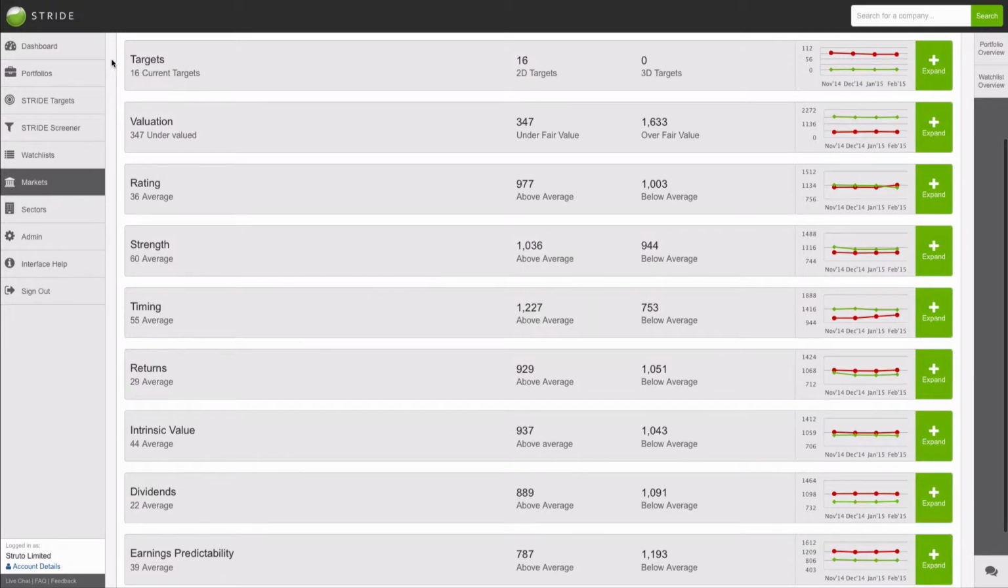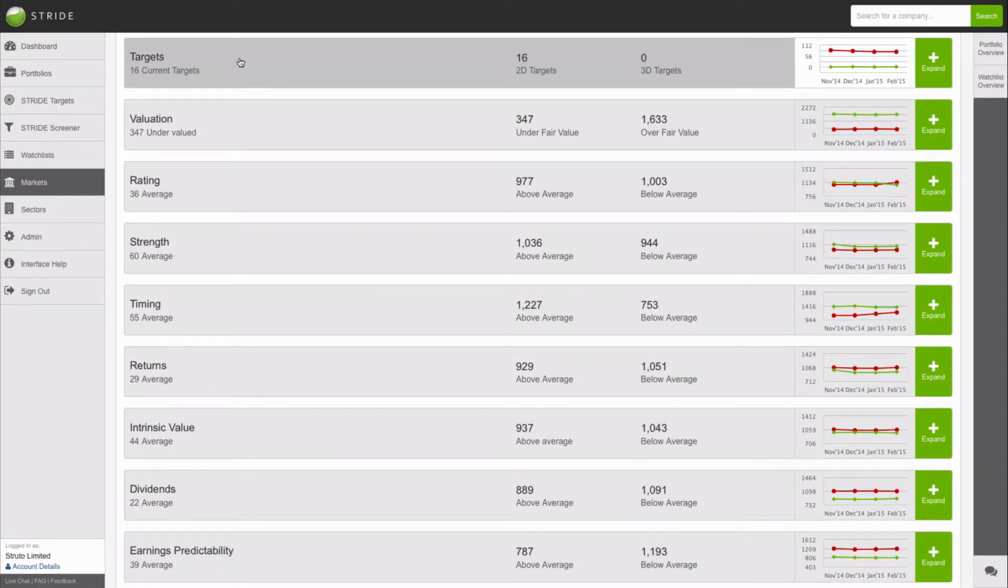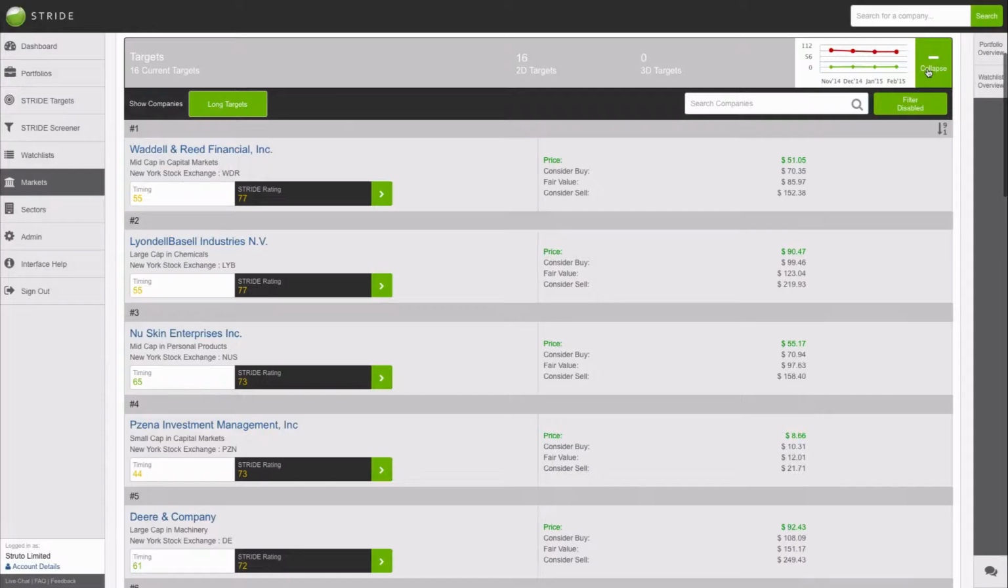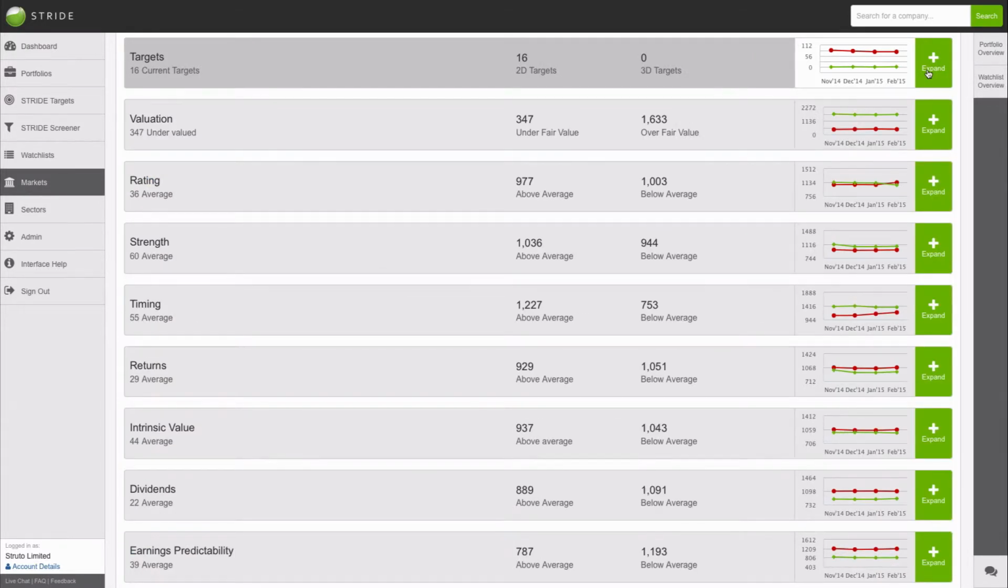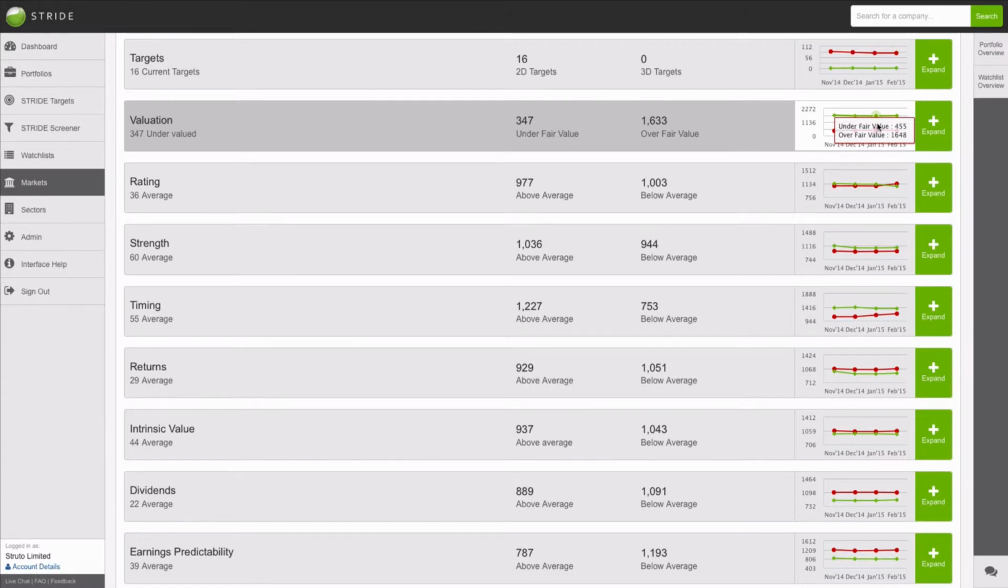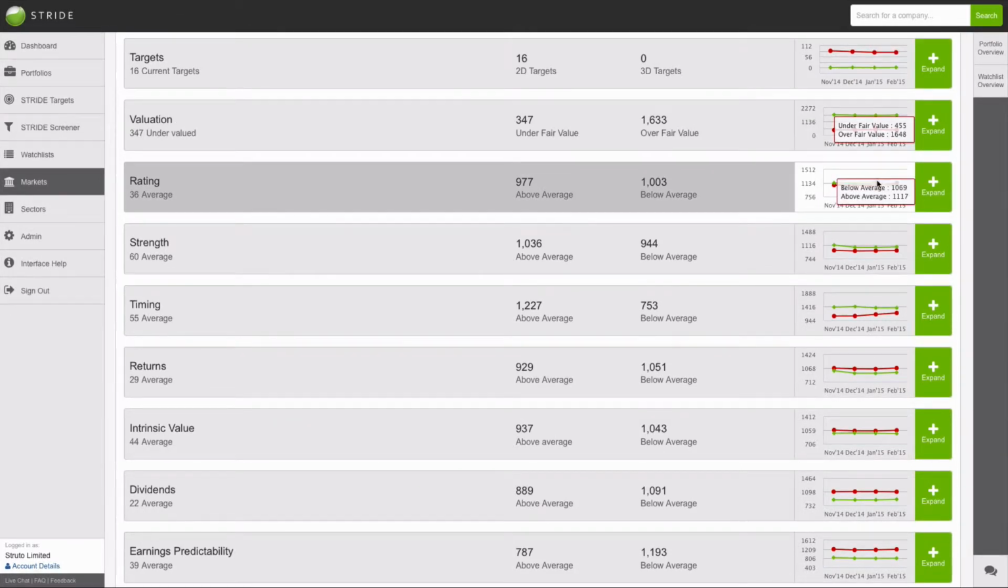If you're looking for investment targets in a specific market, it's worth taking a look at the 2D targets. Some of them may only be missing their 3D target status by 1 or 2 points, so you may still decide to invest. Or you can add these to a watch list so that you know immediately when they do become a Stride buy. After targets, businesses are grouped by valuation and how many are over and undervalued, overall Stride